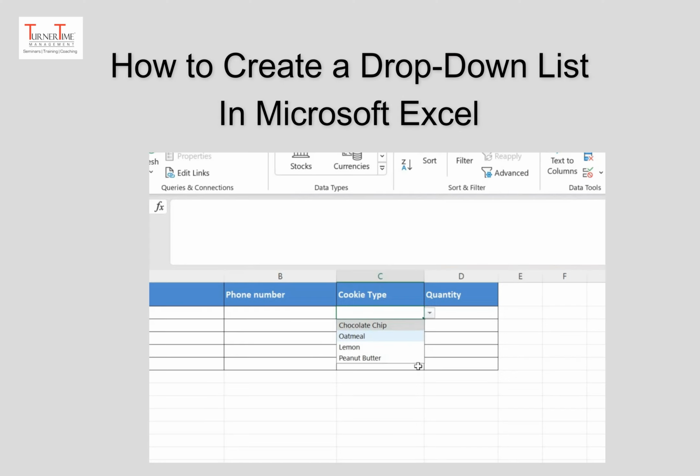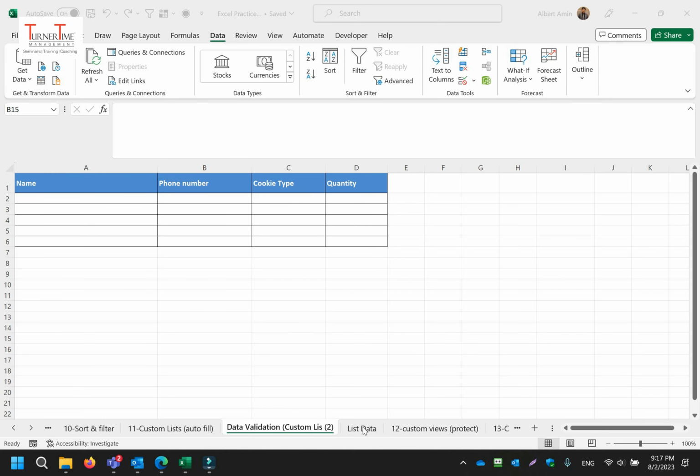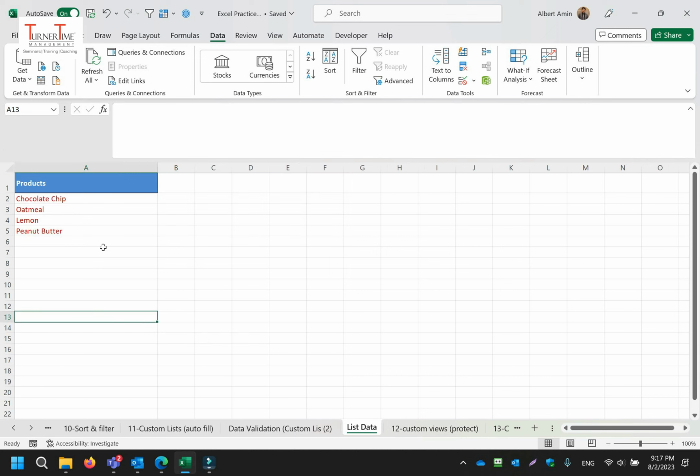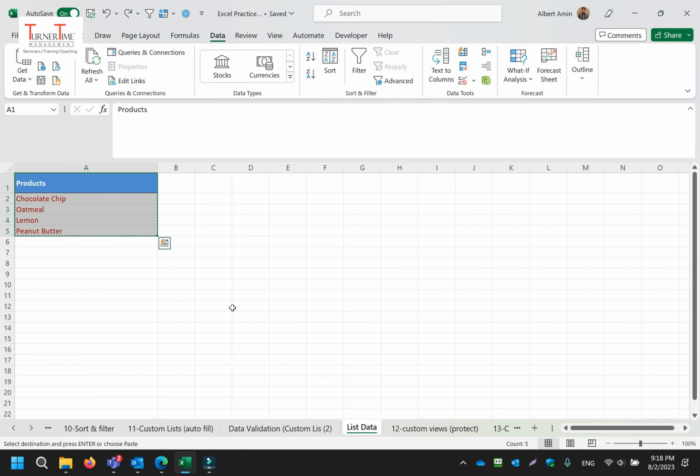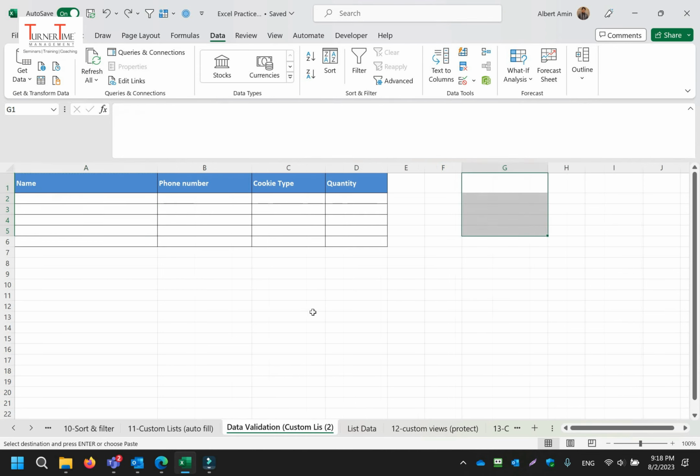This tutorial is on how to create a drop-down list in Microsoft Excel. Here's how you will do that. First, you will type the items you want on the drop-down on a new sheet. You can also have these items on the same sheet where you want your drop-down to show up. However, in this tutorial, we have those items on another sheet, and we want to have our drop-down list appear